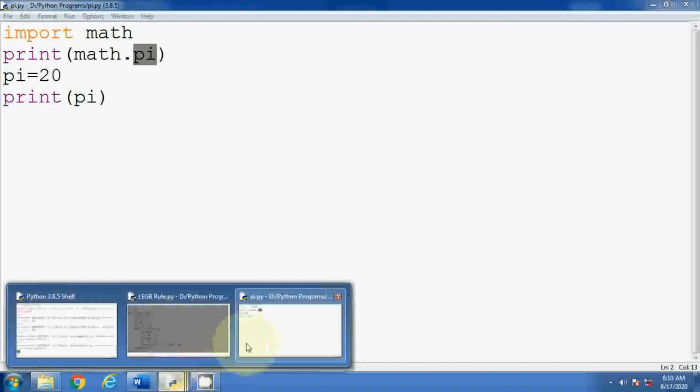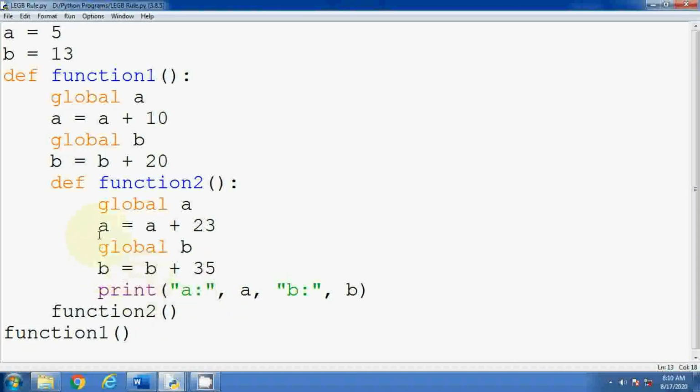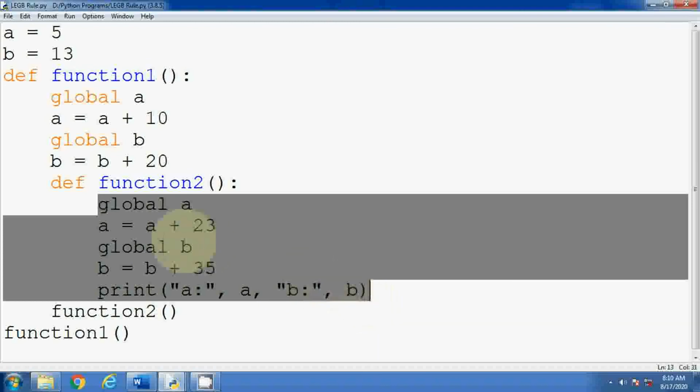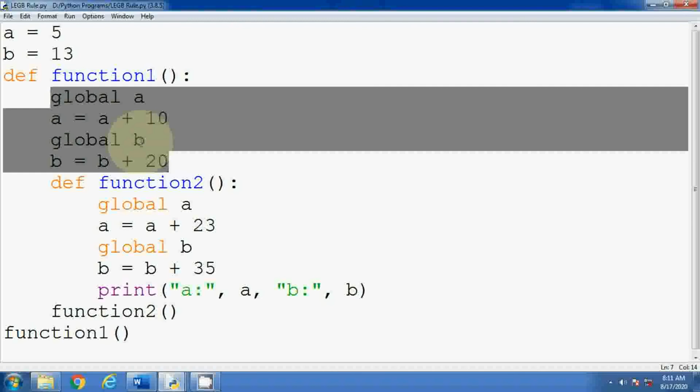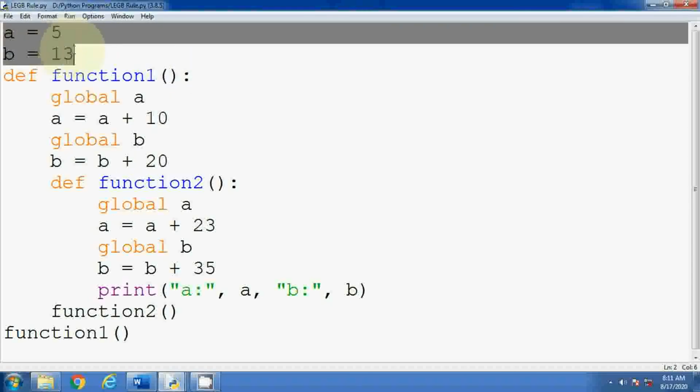So actually Python is doing this thing whenever it's called the function. First of all, it will check for the local variable. If it is not found, then it moves to the enclosing environment. Then it is searching for the enclosing value or variable. When it found that enclosing variable, it will access that one. If it is not found, then it jumps to global. And if global variables are there, then it will print the global variable. And then if global variable is not there, then it will go for the built-in variable. And if it is also not there, then it will raise the error. So like that it is working. So I hope you understood this concept of LEGB rule.